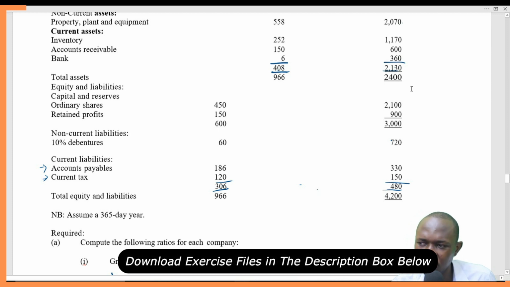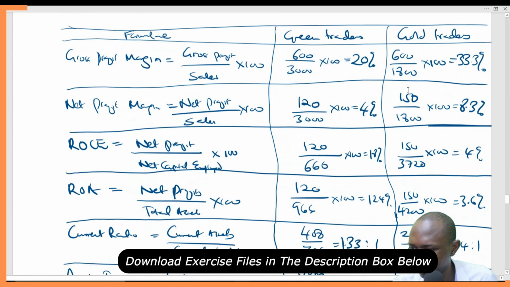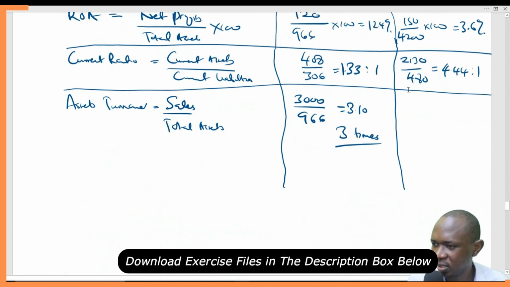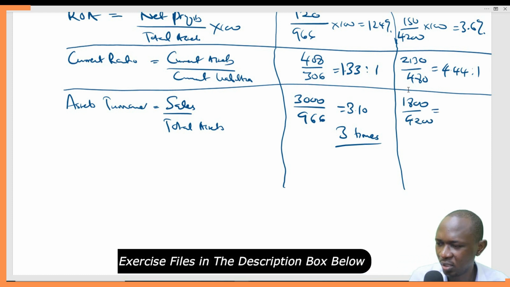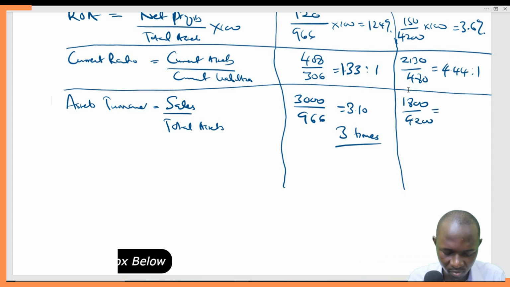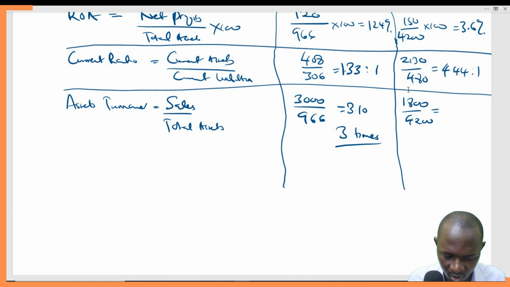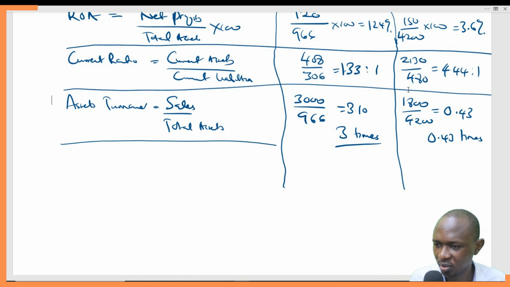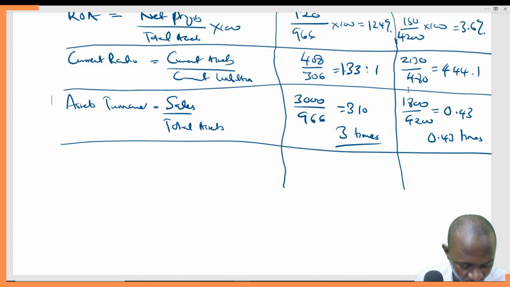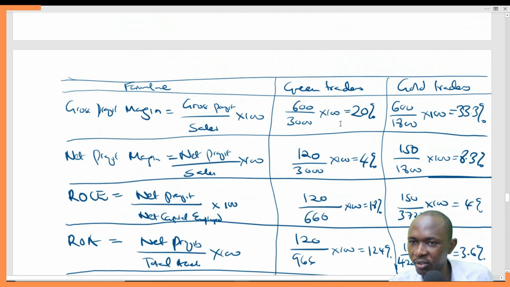So 1800 divided by 4200 gives us 0.43 times. So that becomes our asset turnover, the number of times. And then the next item is